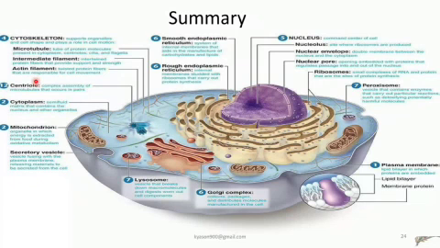For example, if we are to talk about the actin filaments, these actin filaments are going to be more abundant in cells, for example, the muscle cells. And those actin filaments are important